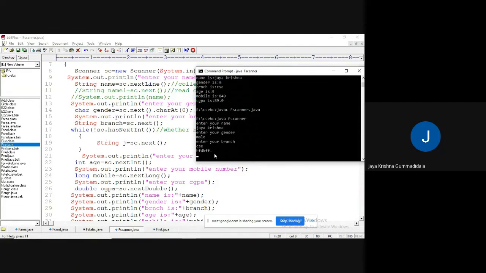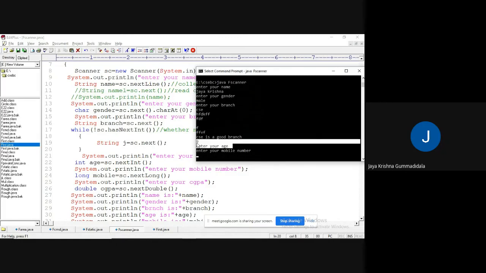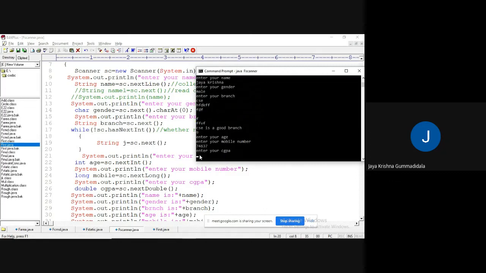If I'm trying to enter something like this, CSC is a good branch, there is no problem. Now if I enter some numerical value, then it will exit the loop and ask for your age. See here, it is taking 9 as age, and mobile number, some number, CGPA 89. See, we got name, gender, single character, branch, age, mobile number, CGPA.